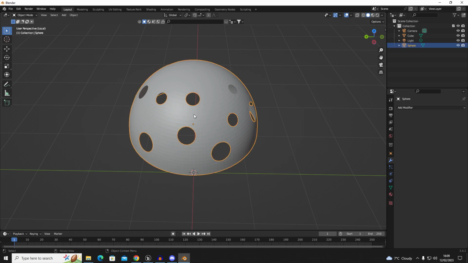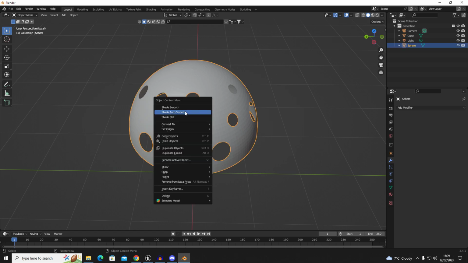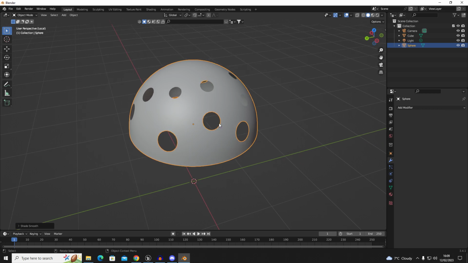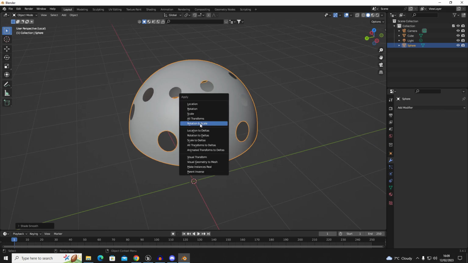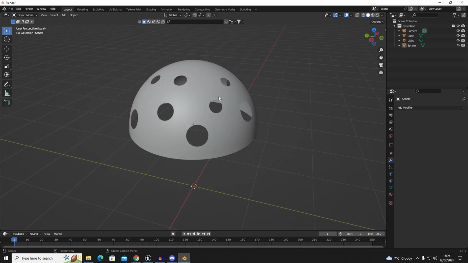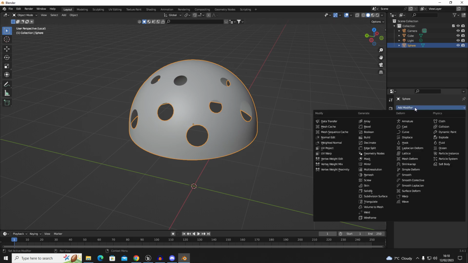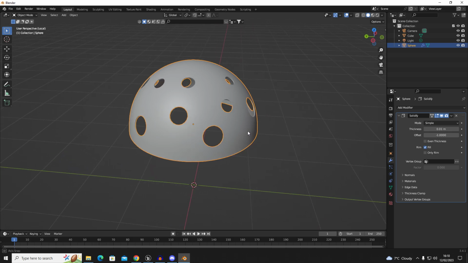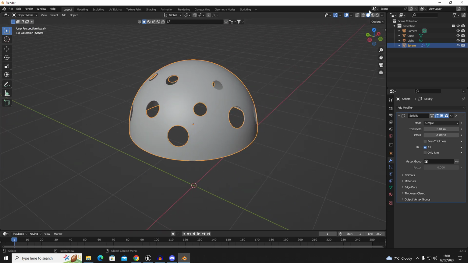And you're going to left click on your half sphere and then auto smooth. Control A, rotation and scale, and then we're going to give it a little bit of thickness. So highlight our half sphere again, modifiers, and I'm going to go to solidify. This will give it a bit more of an edge, if you noticed on the inside there, and this also